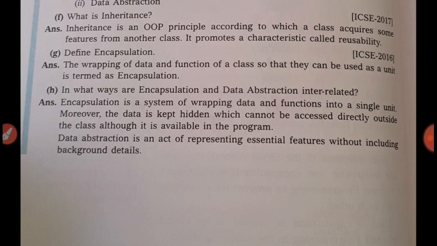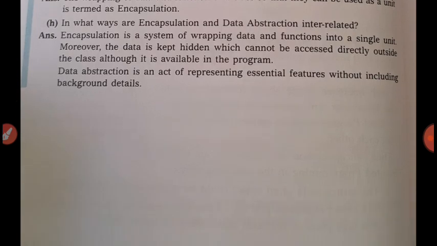Again, listen what we are doing. In case of data encapsulation, we are grouping into a single unit, that is data and functions. So the data and functions will not float globally outside the class or outside the program. Some restrictions are there. Okay, on the basis of certain conditions, you can only get that. So in this way, you are achieving data abstraction with encapsulation, right? I hope this will be understood by you, right?